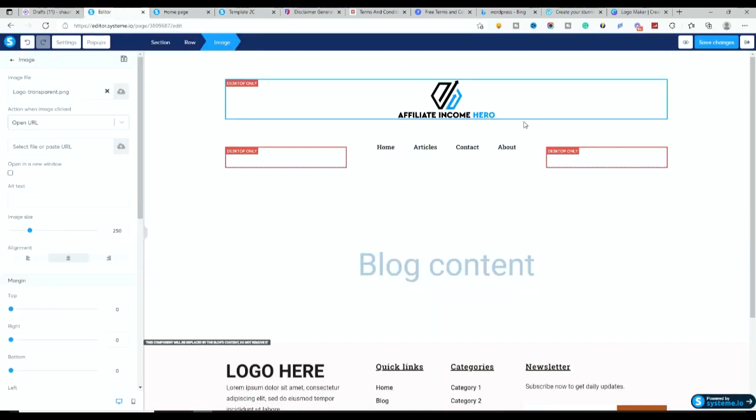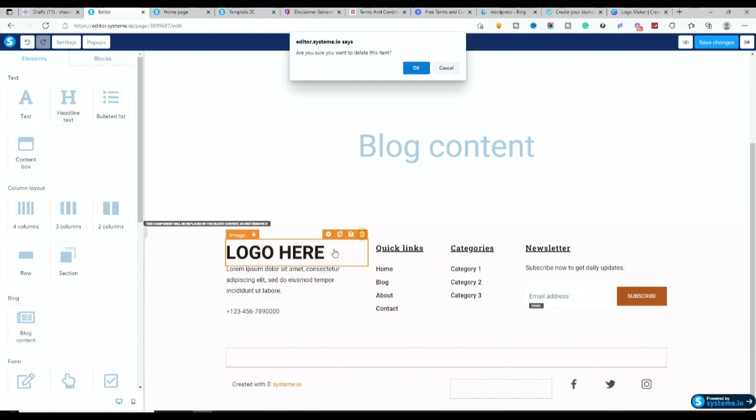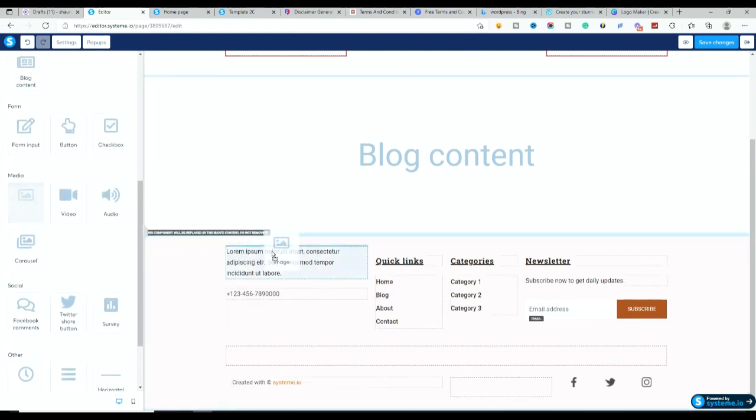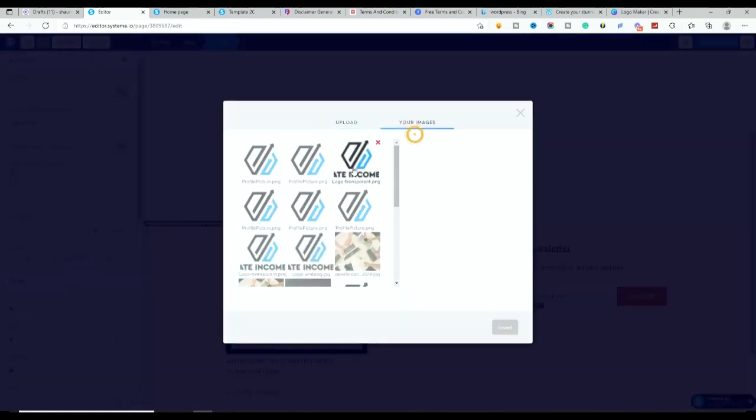Right, okay, so I've changed that header because I want that to be on every single page. Then this is where the blog content's going to be when we start writing our posts. And at the very bottom, we can see here in this section, again, I probably will change that to something else. So I'm going to get rid of that, and then I might just add my logo again. So above there, and we want to add our image. So my image is that one,